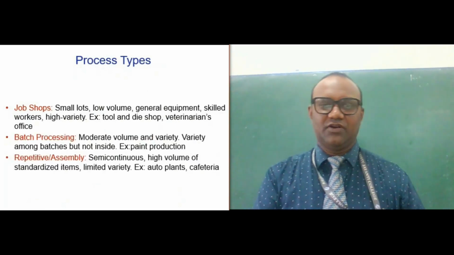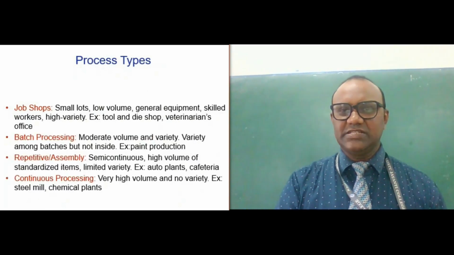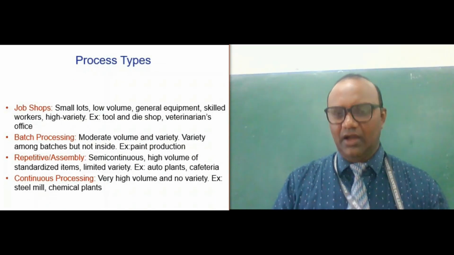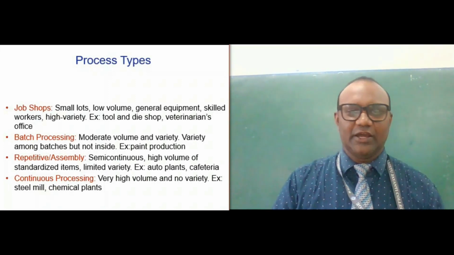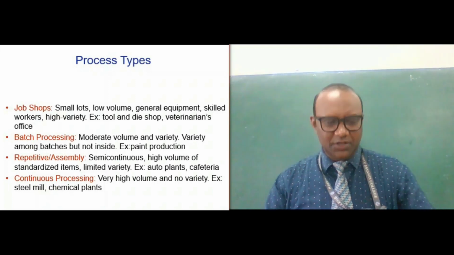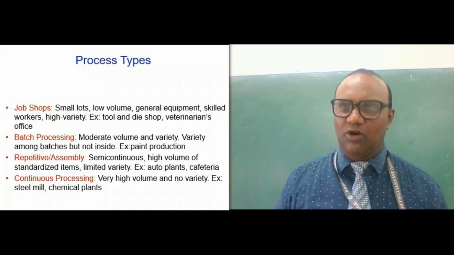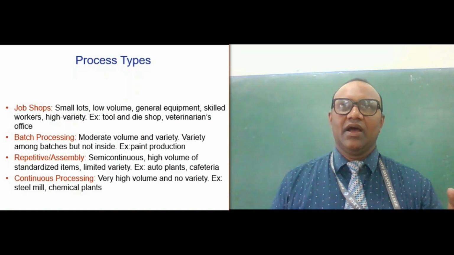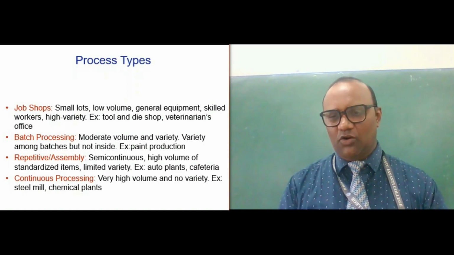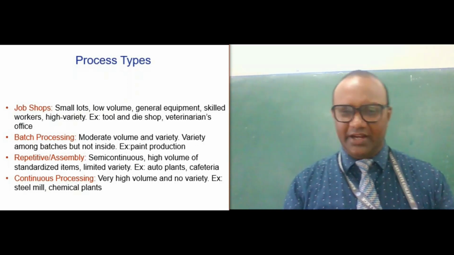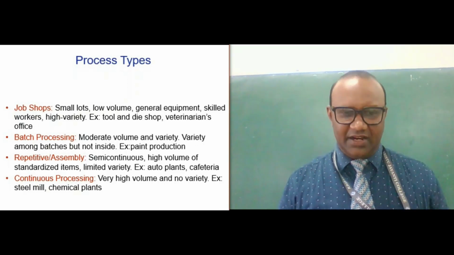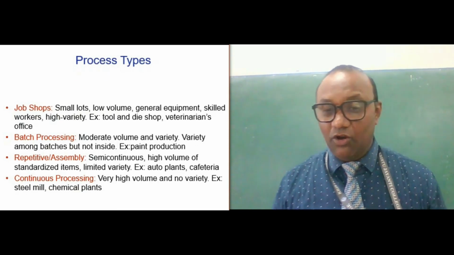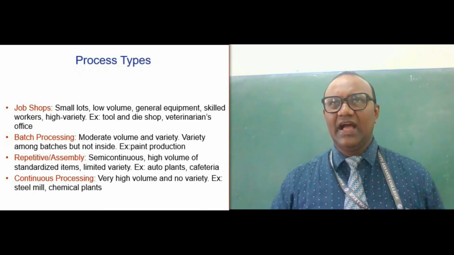What are the different types of process types? So basically, for a manufacturer, when they're thinking about what kind of a process type to go for, there are basically four types of processes that they could think of. One is a job shop. A job shop is typically a very small workplace, a manufacturing unit, where goods are manufactured in lesser quantity and lesser volume, and they use a lot of general equipment, or what we call general purpose machinery, but involves high variety of work, which is